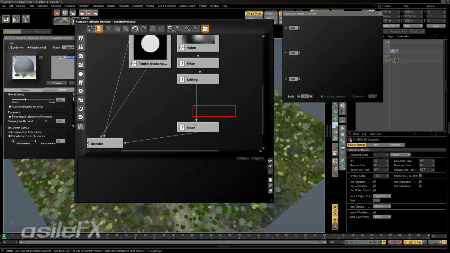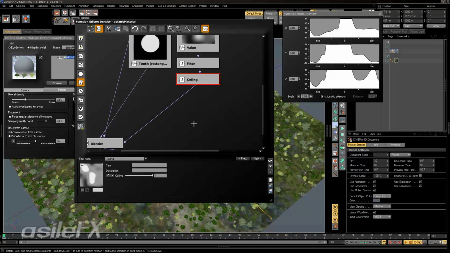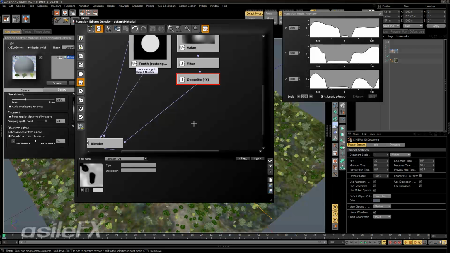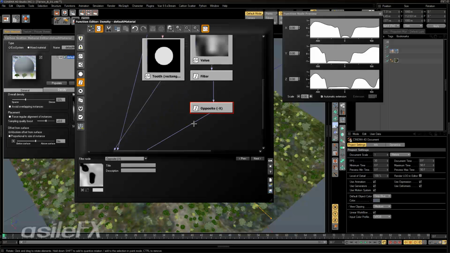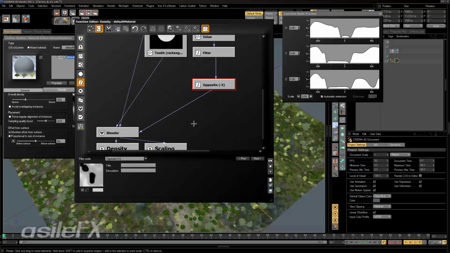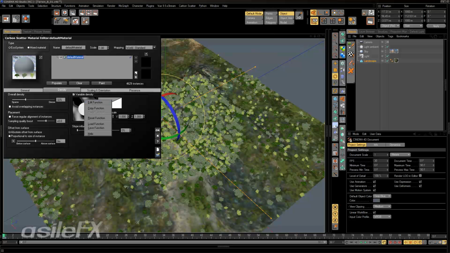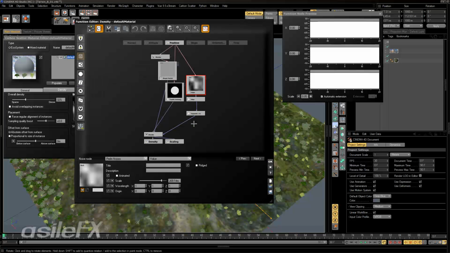Another useful filter is the opposite filter, which is sort of like an invert. It'll basically invert numeric information. So that is pretty useful. If you want to actually flip around something you're working on and do the exact opposite, you can just add that opposite filter. Pay attention to the node preview, because sometimes